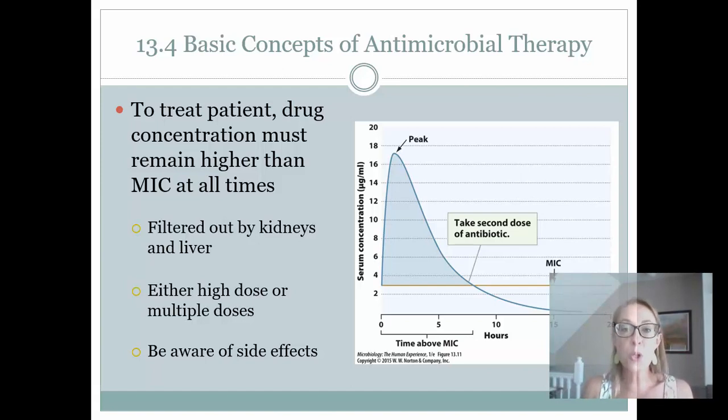We may do multiple doses. If you've ever taken a round of antibiotics and you had to take one at breakfast, lunch, and then dinner, or maybe one in the morning and then when you went to bed, all of that dosing instruction comes down to this idea of ensuring a high enough concentration within the body